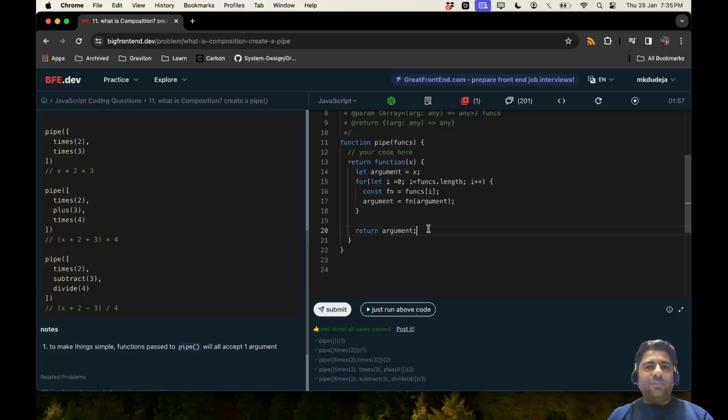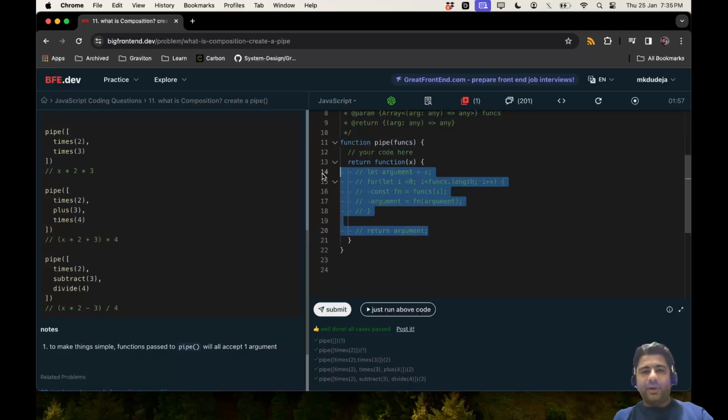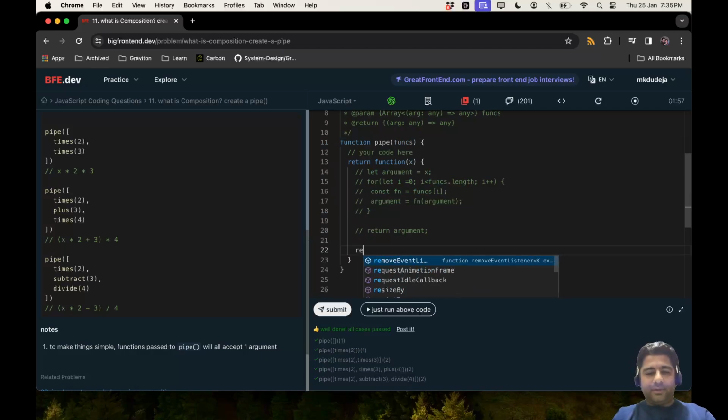Cool. Now there is one more way to write this particular code. Here we wrote a few lines, right? I can reduce this code if I use the JavaScript reduce method, which is applied on arrays, and here functions is an array which we are calling one by one. If I want to use the reduce method, what I will do is write return functions